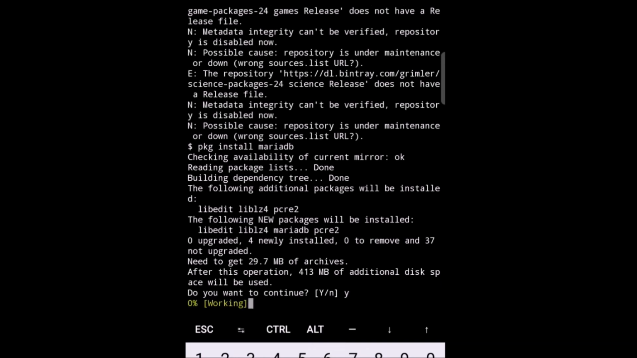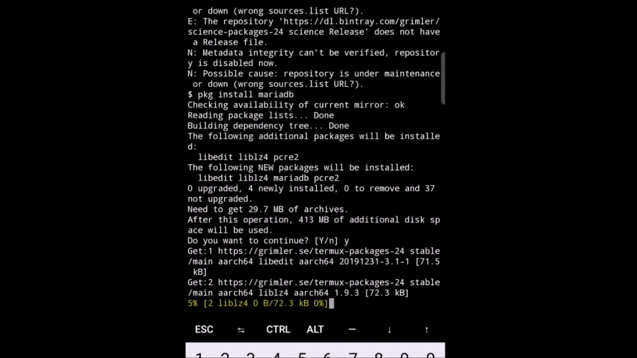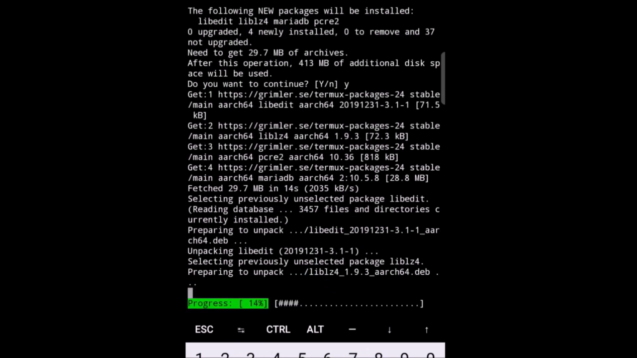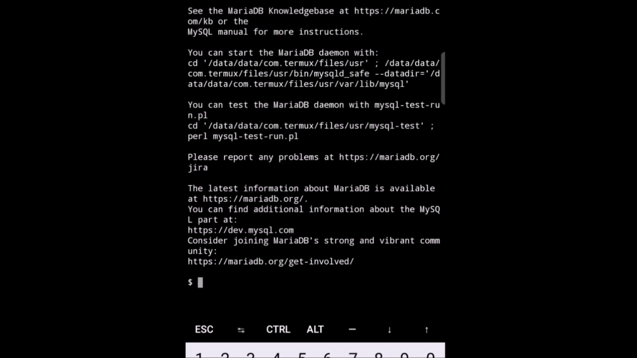Here it will ask for yes, give yes. Then within a few minutes the installation will complete, so you have to wait for complete installation. Here you will get progress of the installation. Now installation is complete. After installation, you have to type a command mysqld_safe